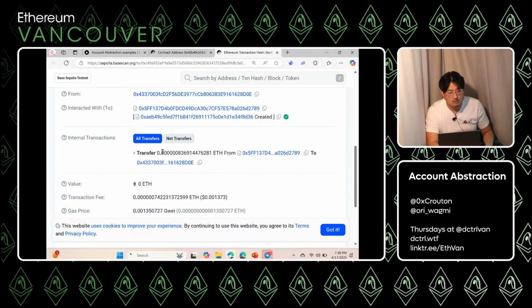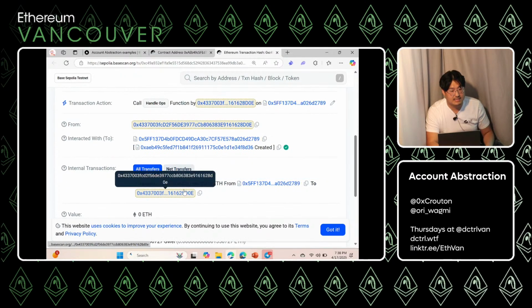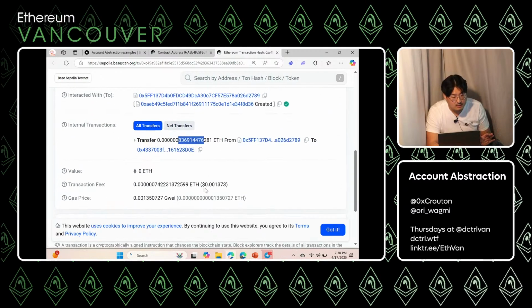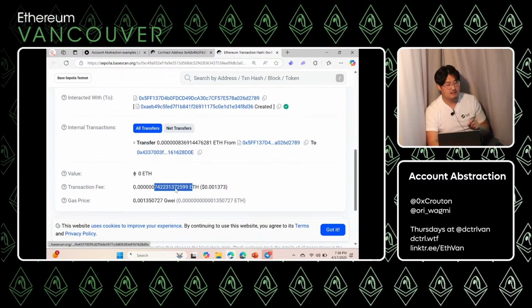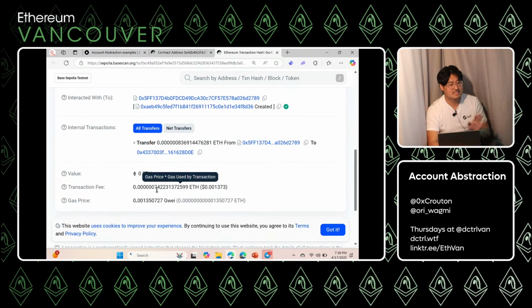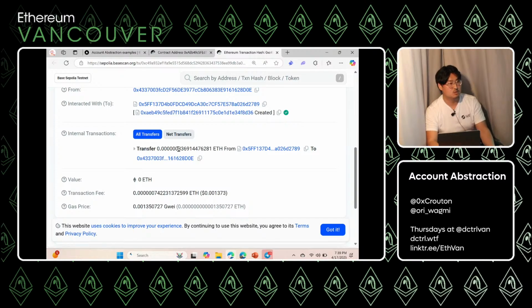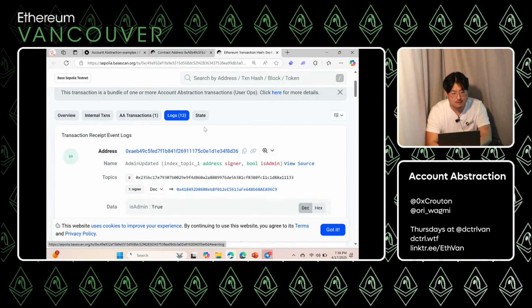What happened, right? So here looks like an internal transfer. So 5FF, this is the entry point. It actually refunded 0.8 ETH. And the cost of this transaction was 0.7. So that means the bundler paid, I'm just going to skip the zeros, 0.7 ETH to call this transaction. And at the very end, the entry point actually refunded the bundler 0.8 ETH. So this is like, hey, you got your money back, and also just a little bit because you're doing the world a good service. If we look at the logs here, what actually happened?